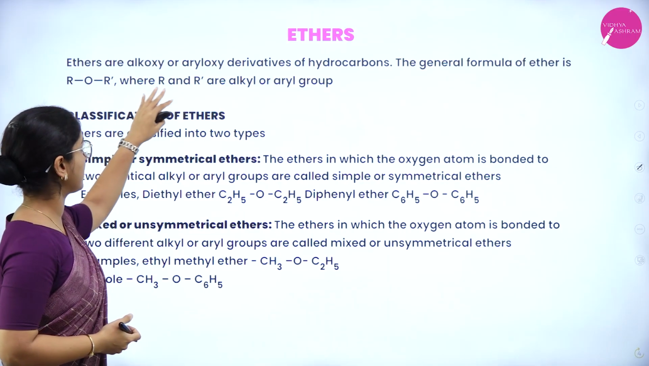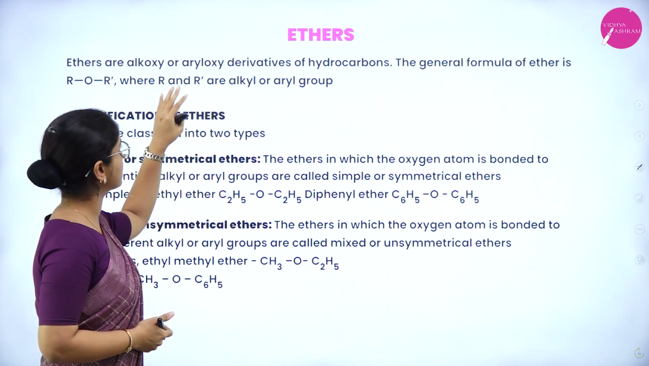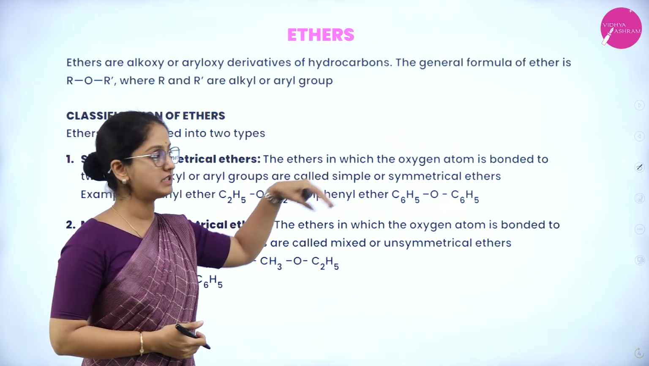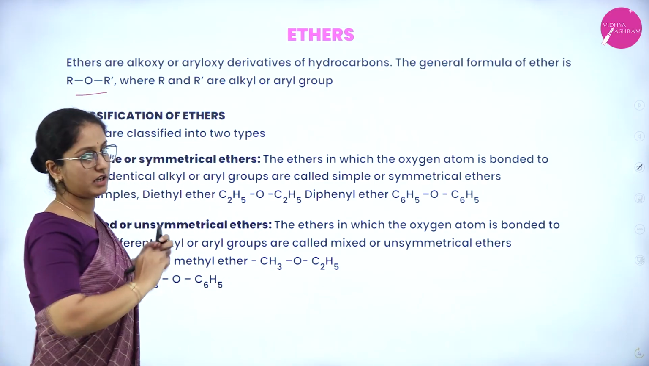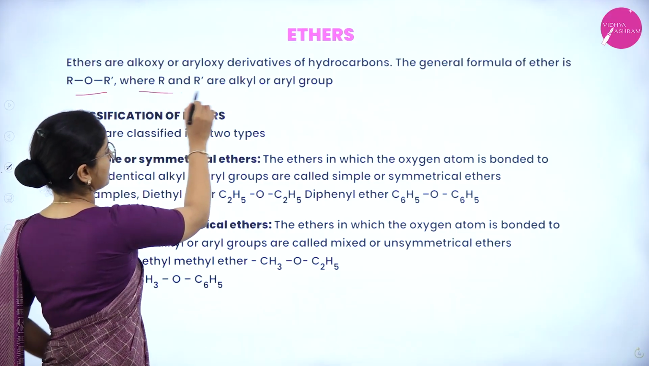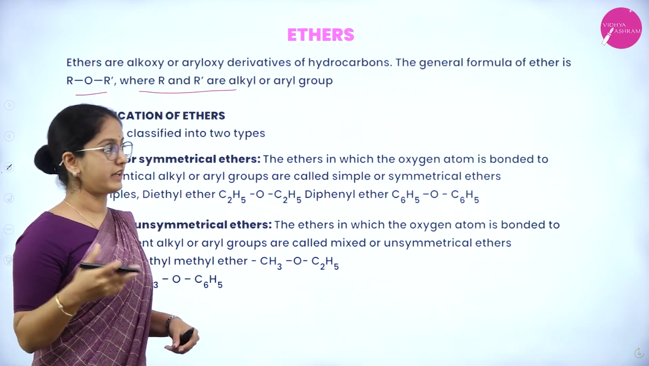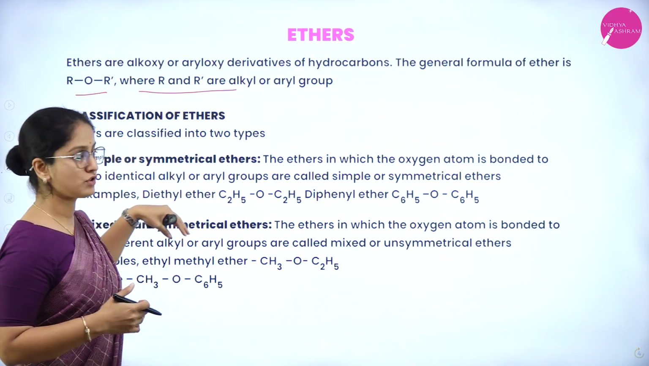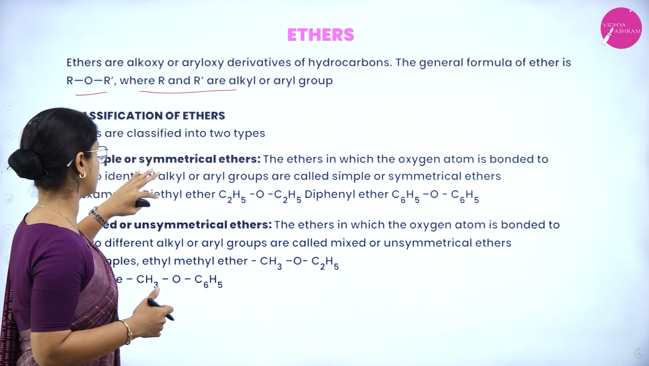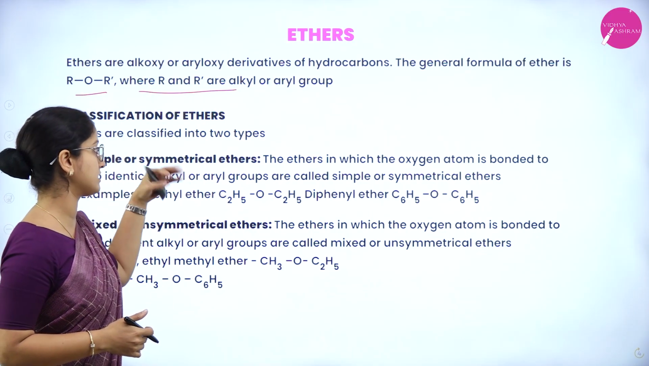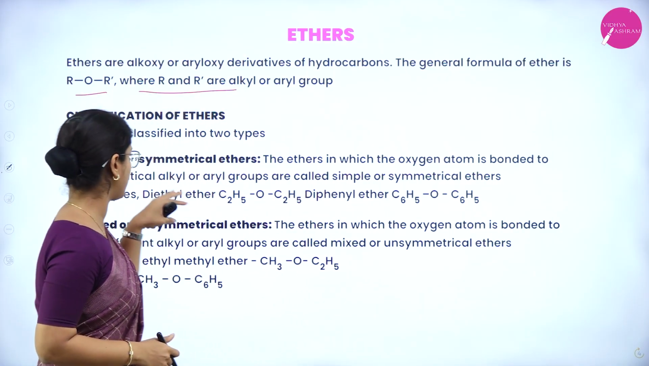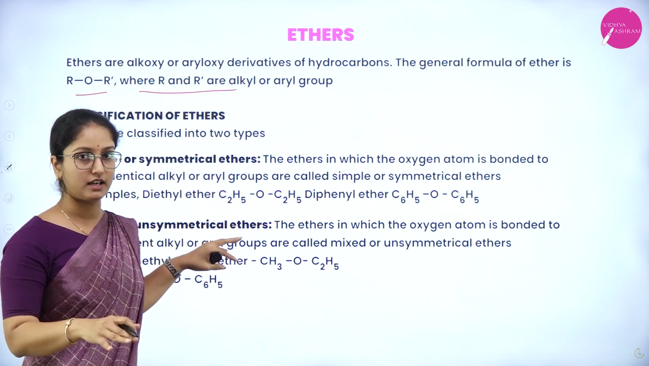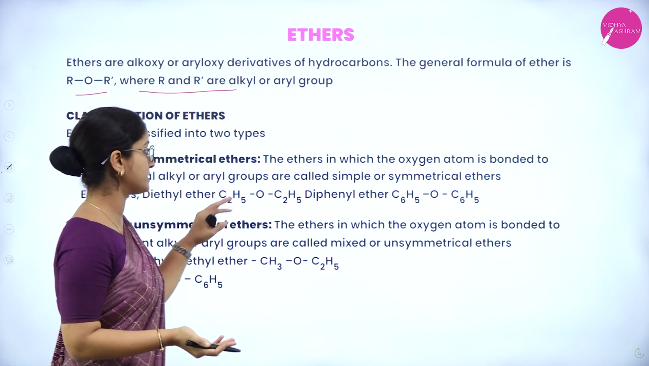So ethers are alkoxy or aryloxy derivatives of hydrocarbons, and the general formula of ether is ROR', wherein R and R' are alkyl or aryl groups. So classification of ethers are as such, that is, first one is simple or symmetrical ethers. The ethers in which oxygen atom is bonded to two identical alkyl or it can be aryl groups are called